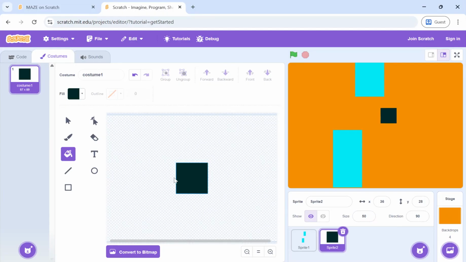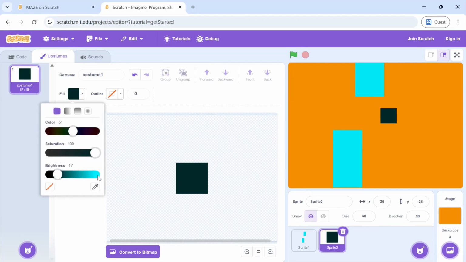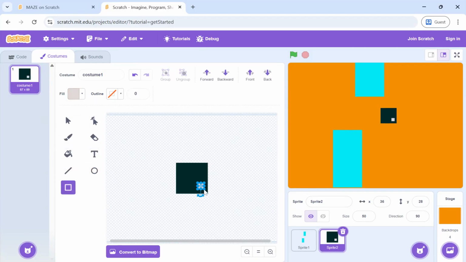In case you want to make eyes, you can use a white square to make the eyes. You can copy it and place it here. So this will be the sprite here.